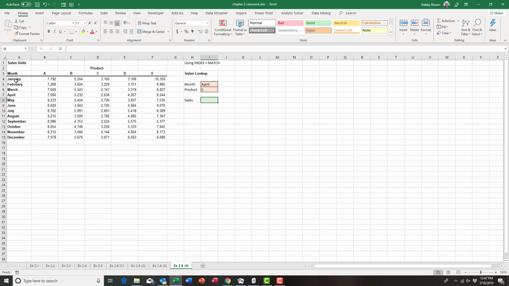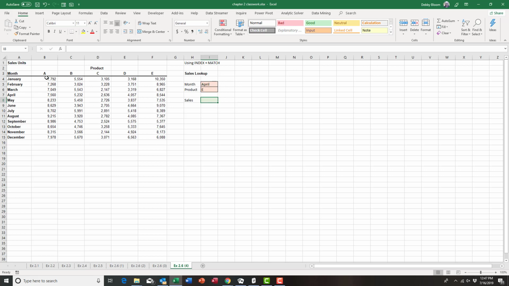So if I use INDEX and then I select this particular range, A4 to F15, and I tell it index 3, 4, what it will do is go down to the third row, so it'll choose March. Remember I said index 3, 4, right after this range. So 3 would be the third row, which would be March, and then it would go 1, 2, 3, 4 columns. So it would pick up 2147, March in C. So what we're going to do is INDEX,